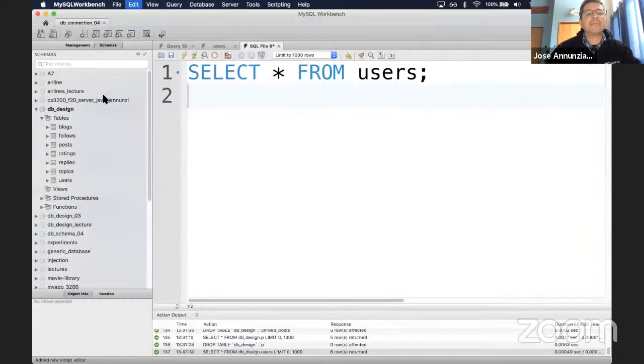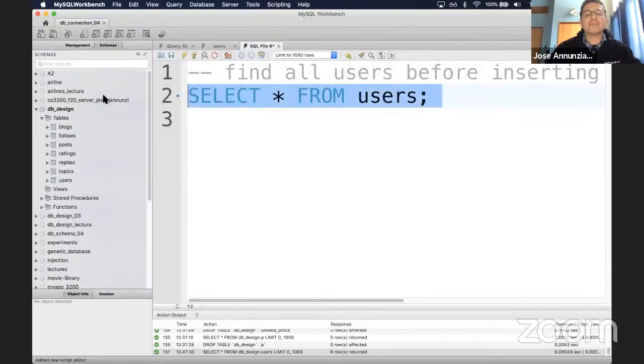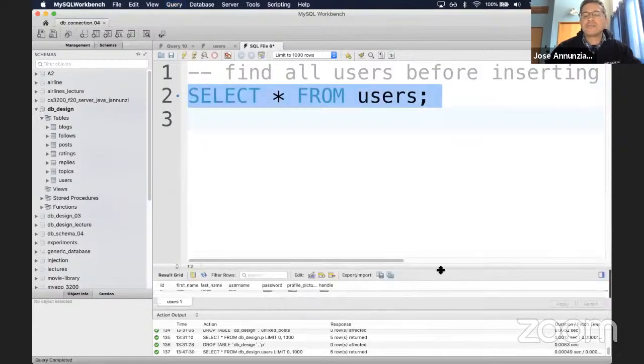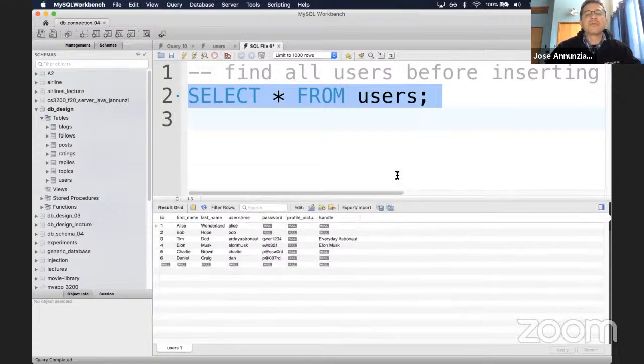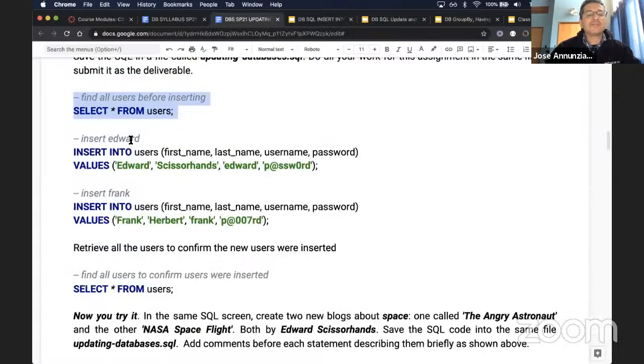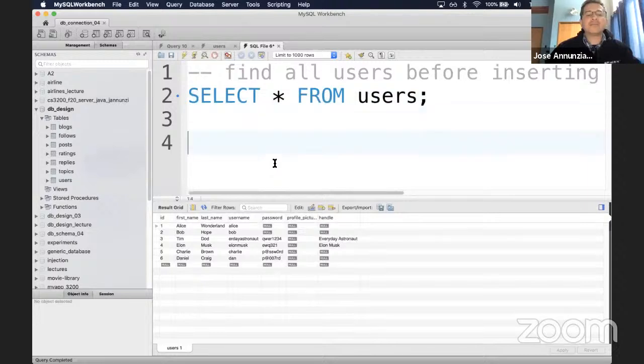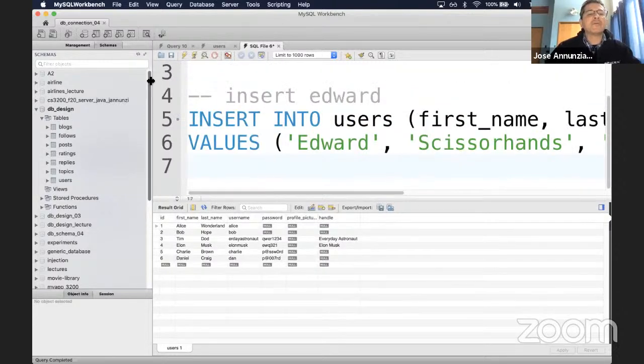So I'm going to copy that. I'm going to paste it in there, and then we can execute it, and that just returns all those users like we saw earlier. Okay, and then we're going to insert a new user. We're going to insert Edward Scissorhands. So we click on that and then just paste it in here. And if we run